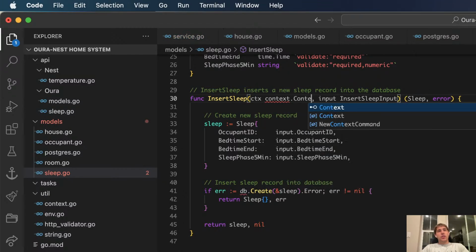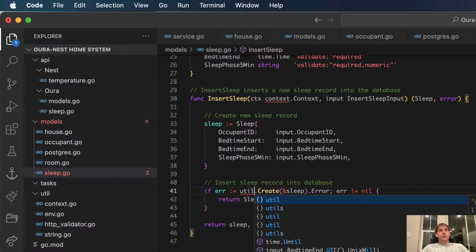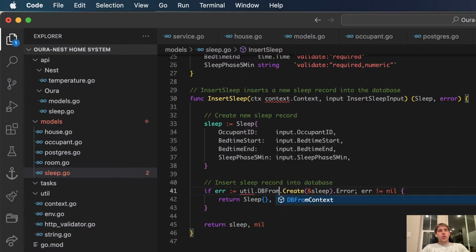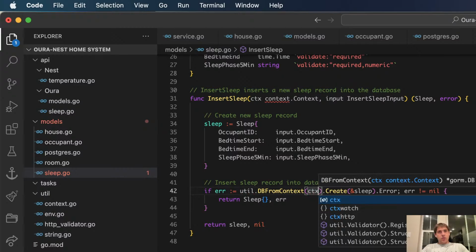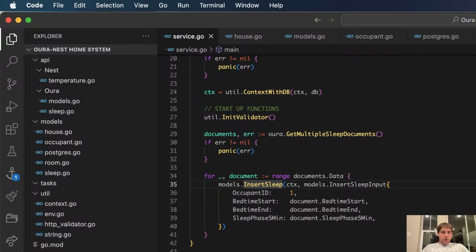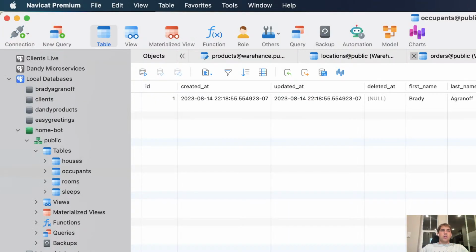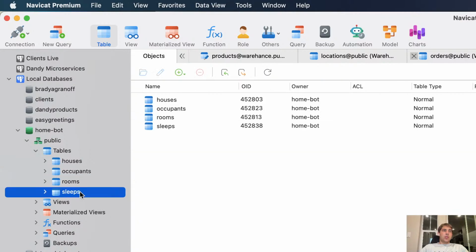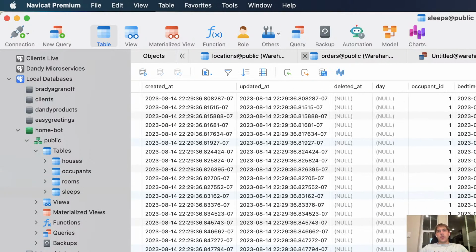This is a very common occurrence, especially at night. Context. All right, this should insert them all. Nice. Okay, lovely.